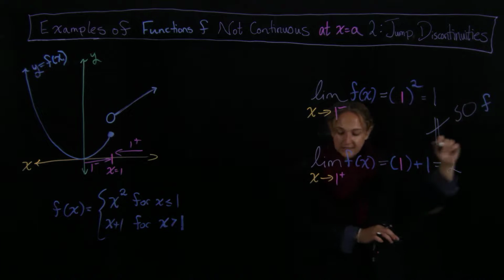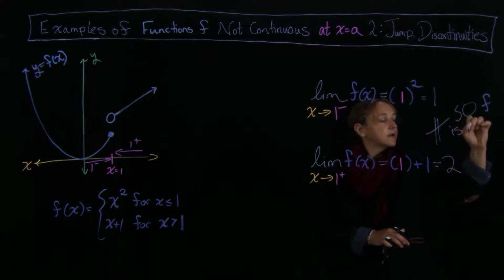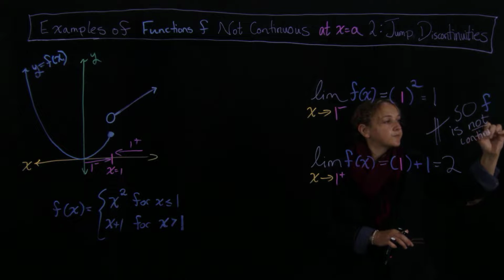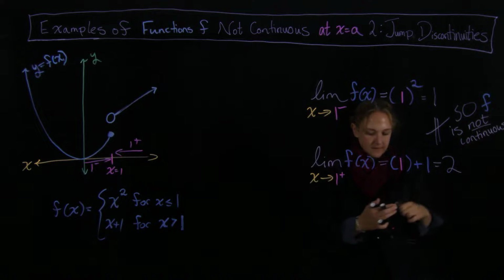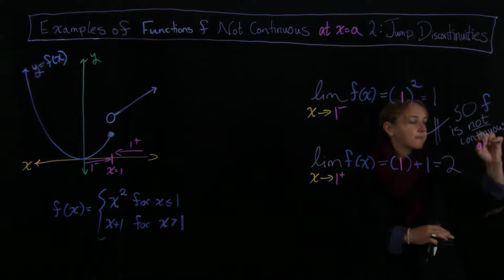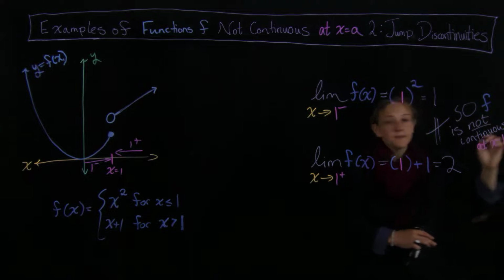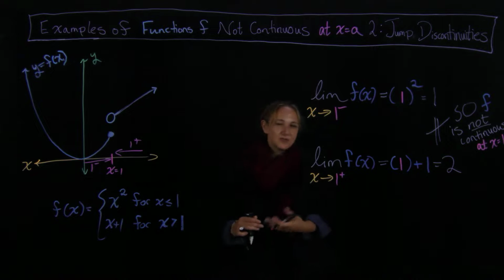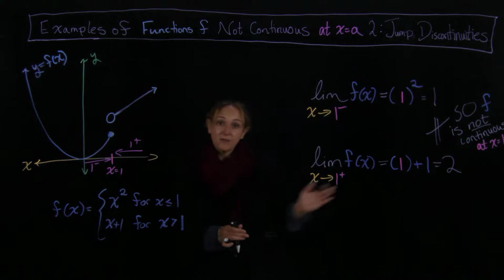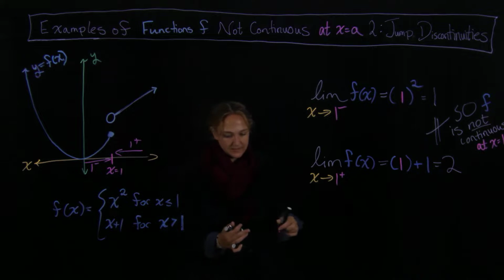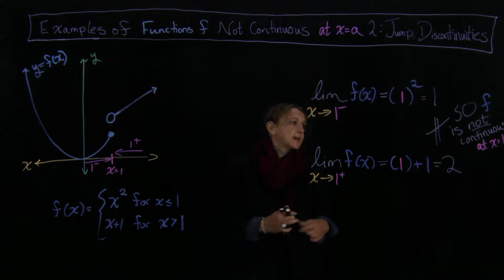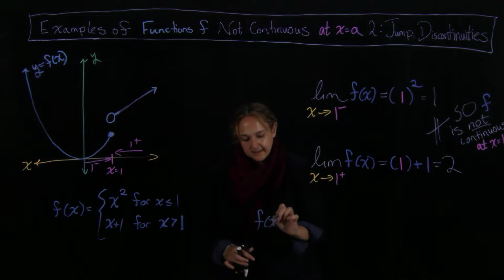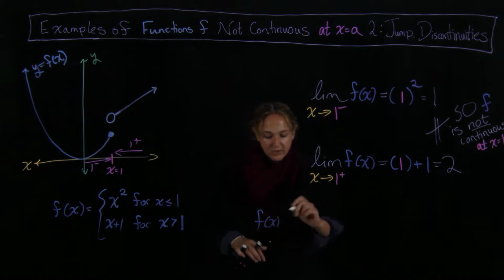In this case, even though it was defined at x equals 1, the limits as you put x values into the function from the left-hand side and the right-hand side at 1 do not end up being equal. So we say that f of x is going to have a jump discontinuity